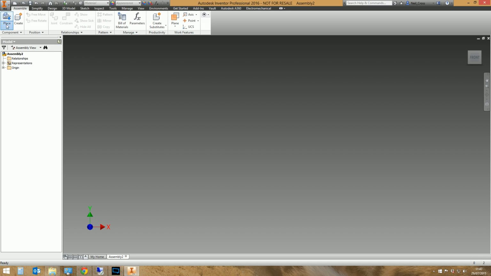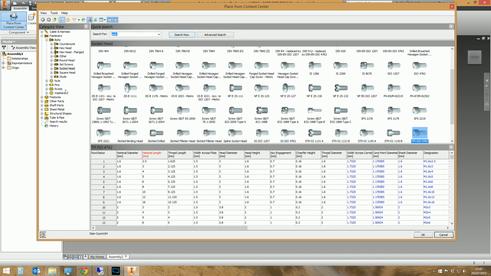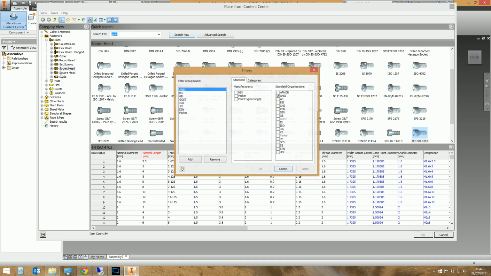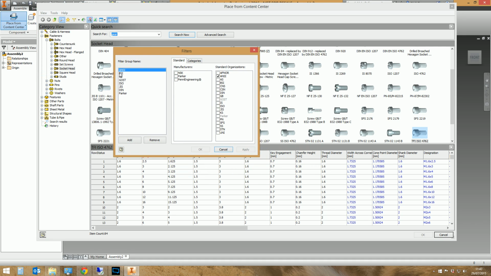So we're going to select place from Content Center. Now you should see a combined view. This is a combined view of all the different libraries. If you just want to see your stuff, you need to select your own, you need to make your own filter, wouldn't you? So you'd have to go add, and then we'll make a TFI filter, and then